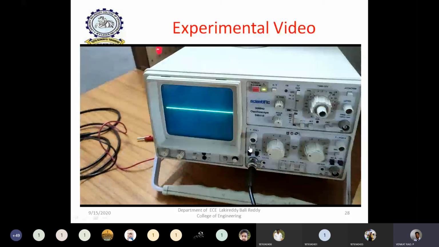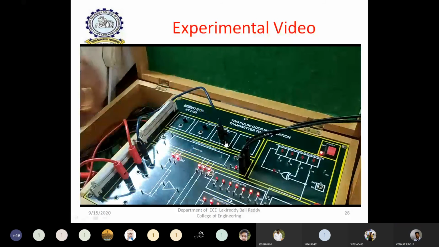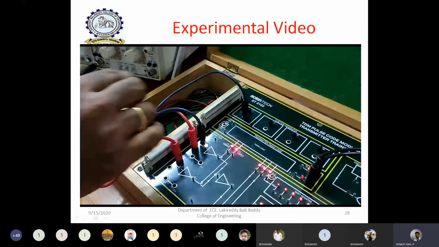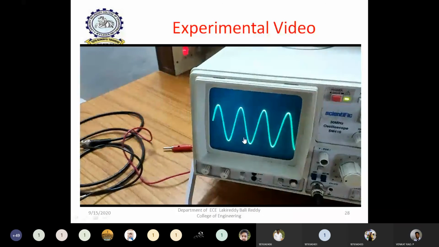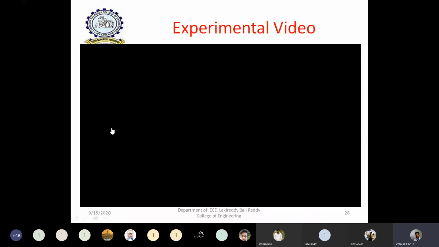But if you change the input signal from DC to an analog signal, that is one closed sine wave, then observe the demodulated signal. Here I am changing the DC to AC. So a sine wave is given as the PCM input. If you observe the PCM demodulated waveform, you can clearly observe the demodulated signal is again the original sinusoidal waveform having one closed frequency with some amplitude. So this is our experiment of pulse code modulation and demodulation.